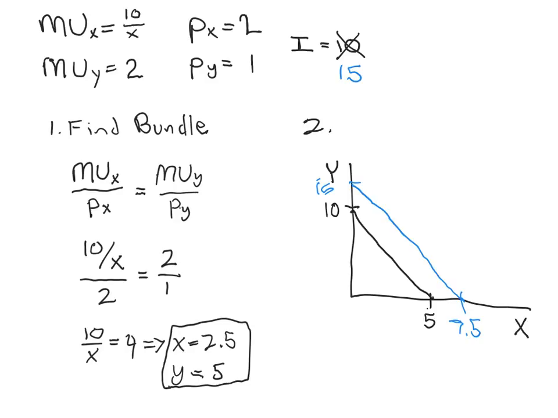Finally, a typical problem would ask us to label the points that we pick, the optimal point that we pick. So here our original optimal point was 2.5 X's and 5 Y's. That's something like around right here. I'm going to leave it as an exercise for you to find the optimal bundle on this new budget constraint. I'll fill in roughly where it would go. It would be something like right